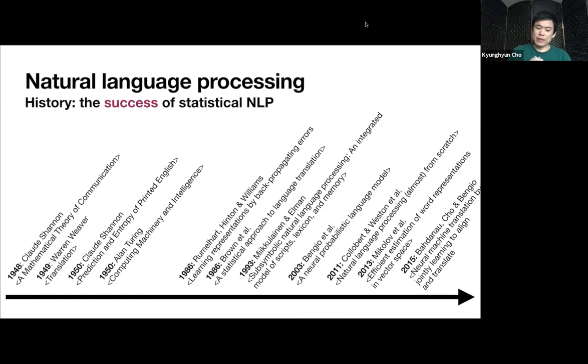This was immediately followed by Warren Weaver's memorandum titled Translation in 1949. Yes, the Weaver here is what the building in which Courant Institute is located was named after. And a year after, Claude Shannon, the very same Shannon, wrote a paper on how to predict the entropy of printed English. That is, what is the right way to estimate the distribution over English, that is the language,